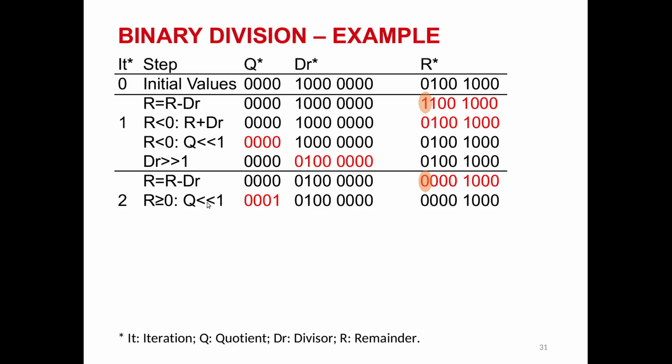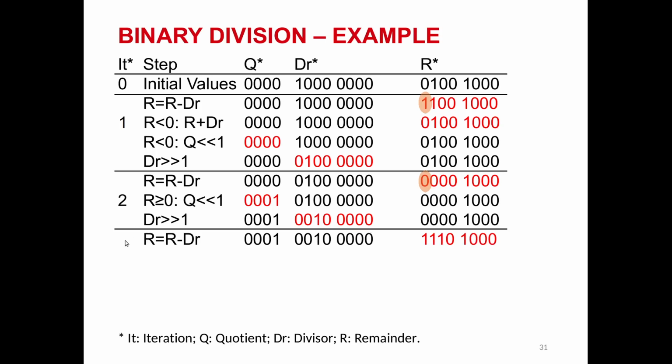Instead we will shift the quotient value 1 bit to the left, together with putting the result for quotient here by 1, and so we have new value of quotient Q here 0 0 0 1, and then we need to shift dr 1 bit to the right, and so this value changes to this value with 1 bit shifted to the right, and then we change to our third step.